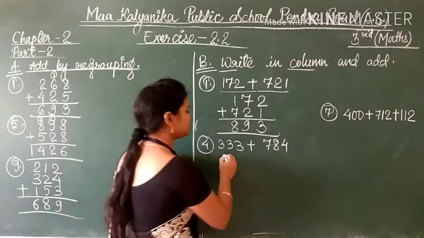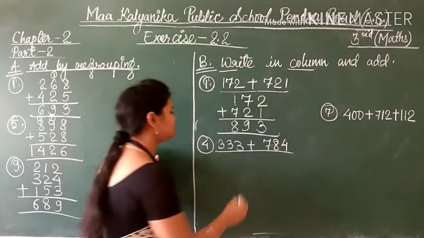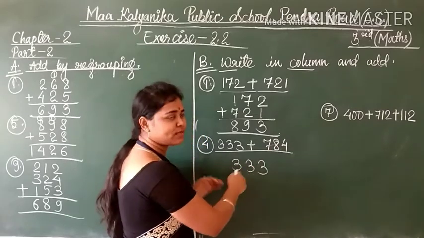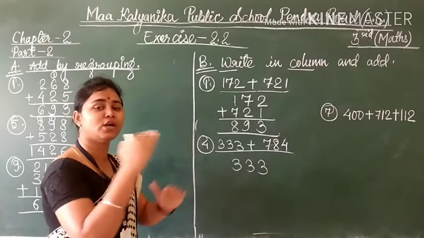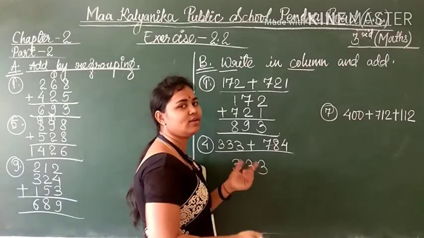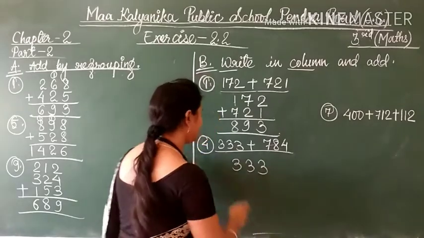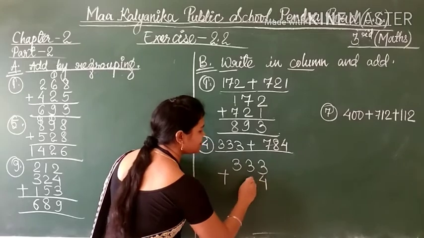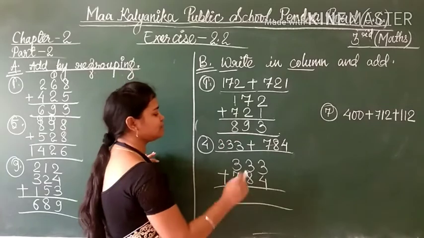Okay. So now question number 4. Again, not 2 and 3, 2 and 3 you can solve. Now the fourth one I am solving. 333, you can write this number first also. The answer will be the same. As I had told you the rule of addition, you can change the order of your numbers. Means 784 plus 333, the answer will be the same as 333 plus 784. So 4, 8 and 7 we have to add by writing in column.